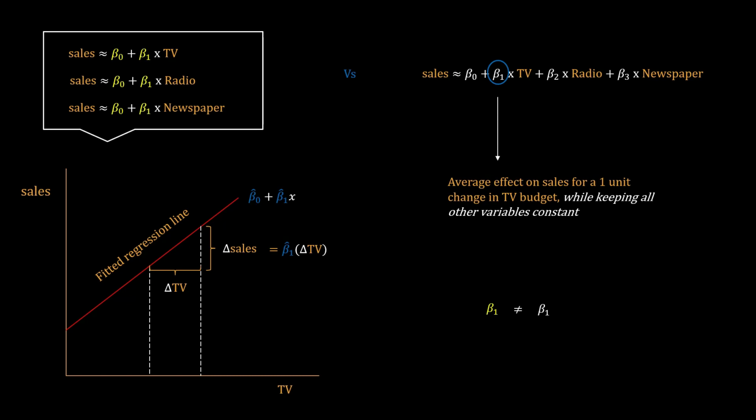As a result, we get a mixed impact from two sources. One is TV, which we are controlling. The other is radio, which is not part of our model. We call this omitted variable bias, which basically means that our beta coefficient is now biased because we omitted an explanatory variable from the model. But there is